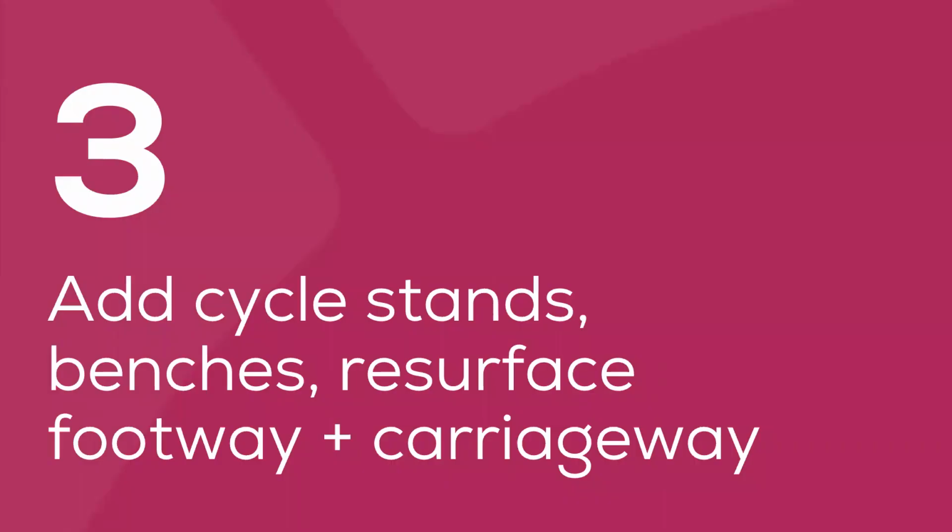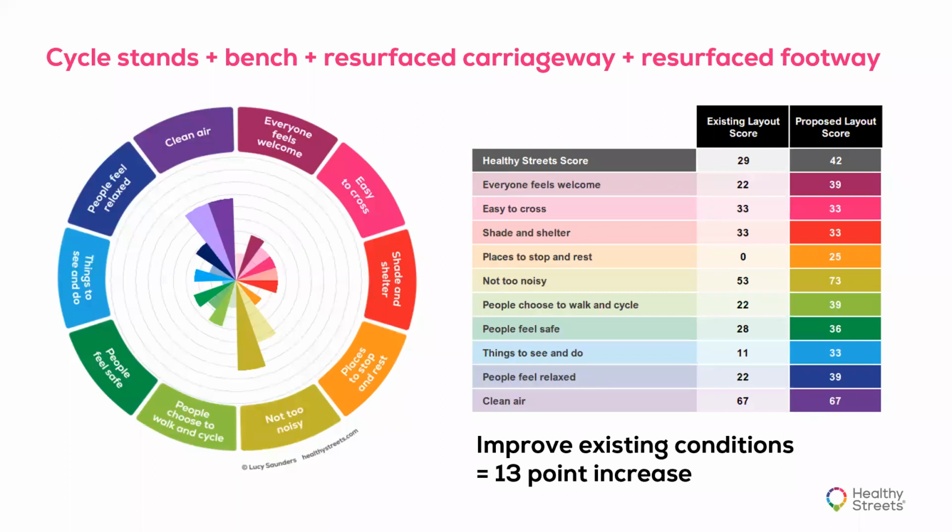I then thought maybe I should think about a scenario where there isn't an appetite for traffic restrictions, such as the filter that was introduced. What kind of things could you do that wouldn't involve any kind of reallocation of road space away from parking or movement of vehicles, no restrictions on traffic flow? And I thought, well, let's run a scenario for adding cycle stands, benches, just resurfacing the existing footways and resurfacing the carriageway. And this check shows that even with just those more modest measures, you still get a 13-point increase